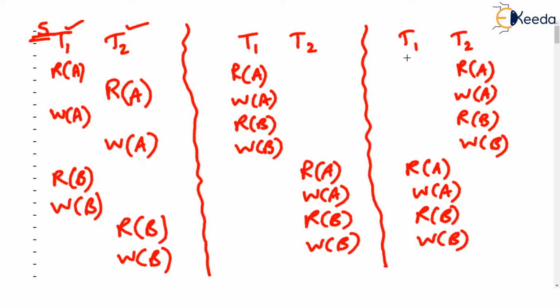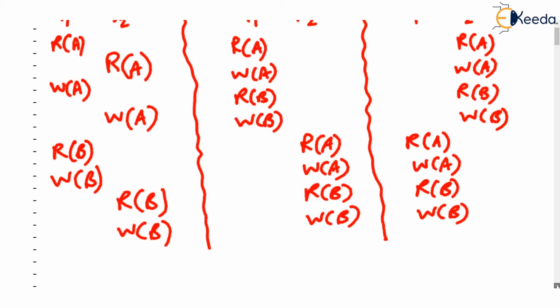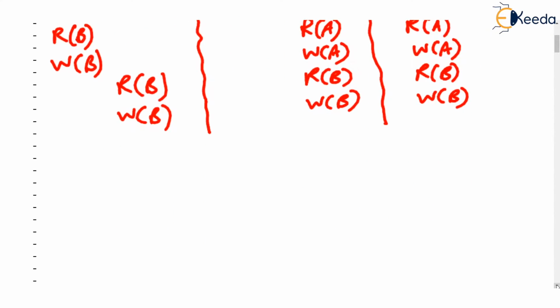And clearly observe, schedule S is a concurrent schedule because the operations of T1 and T2 are interleaved, as you can see very well. We want to know whether this schedule, which contains T1 and T2, is view serializable or not. I hope you remember the definition of view serializable schedule that we saw in the earlier video.